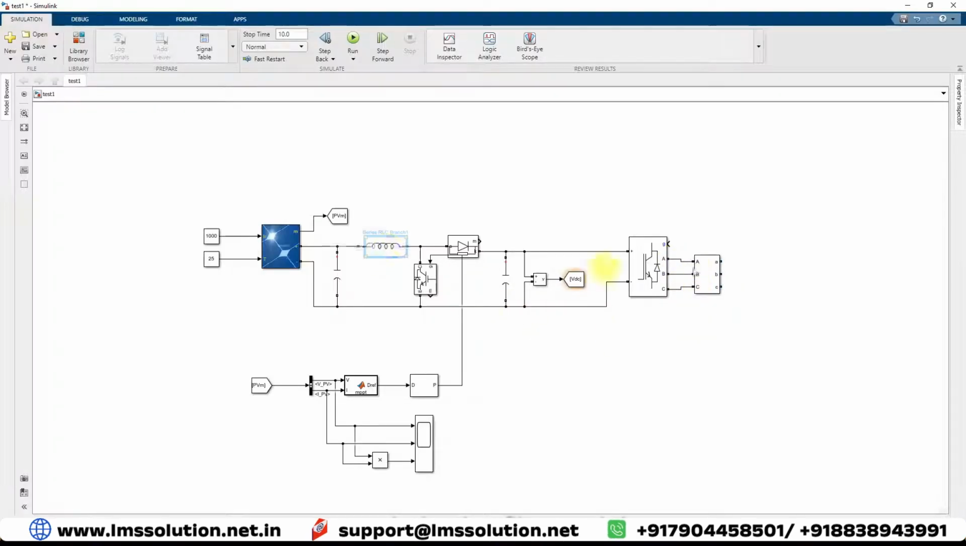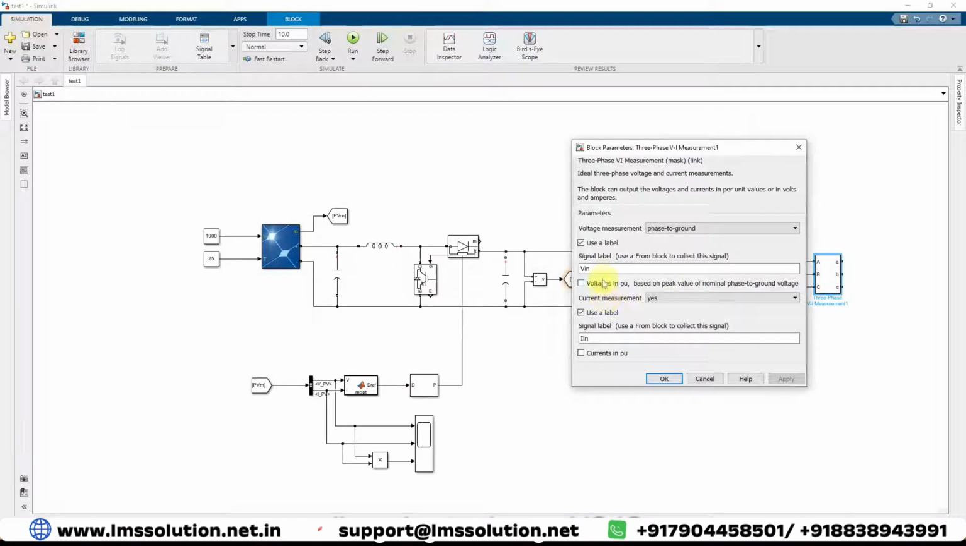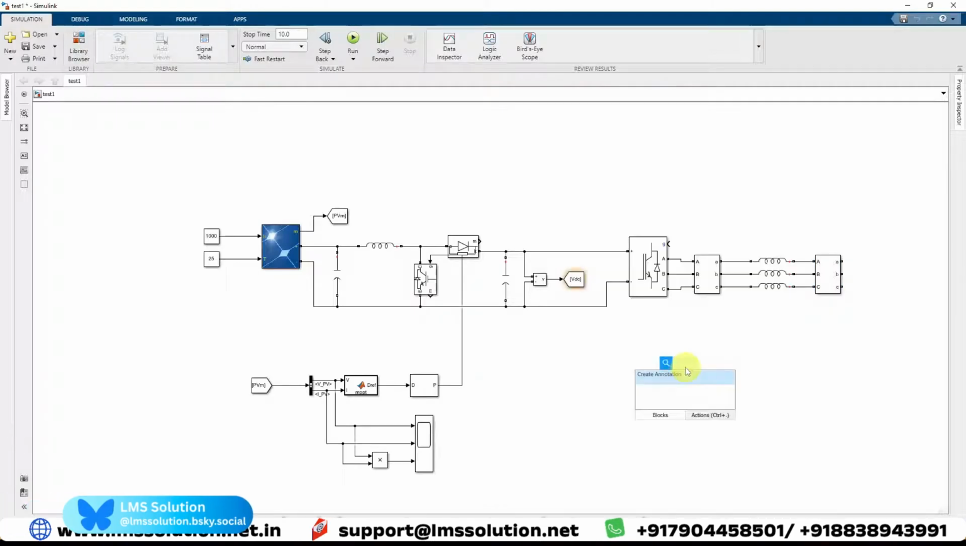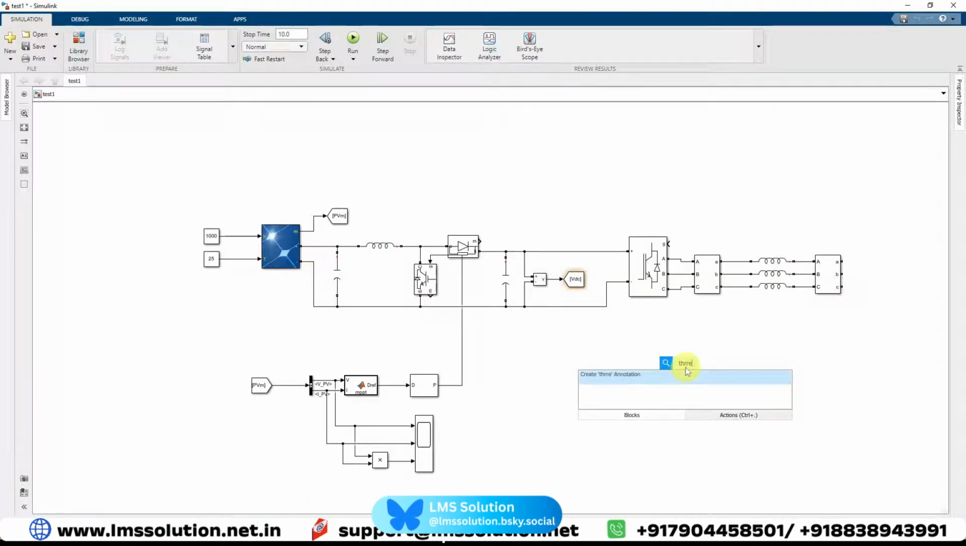Next I'm going to use an inductive filter, and then next I'm going to measure grid side voltage and current. So here I'm going to change to VG, IG, and then next we need to use a three-phase